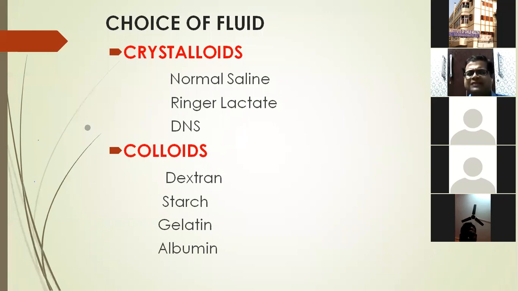So last 2 slides, what are the choices of fluids? Must be crystalloids. Colloids come later, after the failure of the crystalloids. Three crystalloids are available: normal saline, Ringer lactate, and DNS. The crystalloids must be isotonic fluid. There is no role of hypotonic fluid like Arolite P, 1/5 saline or half DNS. So the preferable fluid is normal saline. If you want to give a bolus, give normal saline. Try to continue the normal saline. It is more suitable. But after giving normal saline in a large amount, there is usually a hyperchloremic acidosis.